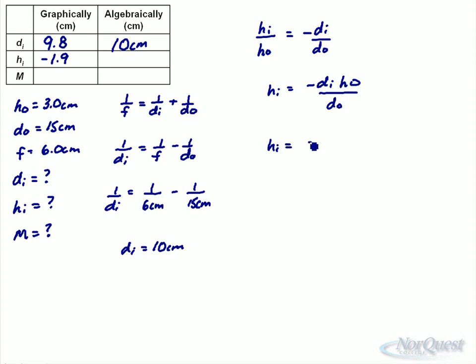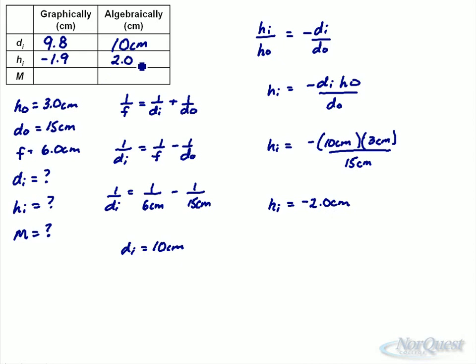So it'll be negative times 10 centimeters times the height of the object, which was 3 centimeters, divided by the distance of the object, 15 centimeters. Now, since this thing was inverted, we should end up with a negative height, and we do. So you get 30 divided by 15 as negative 2.0 centimeters. And again, we're pretty close